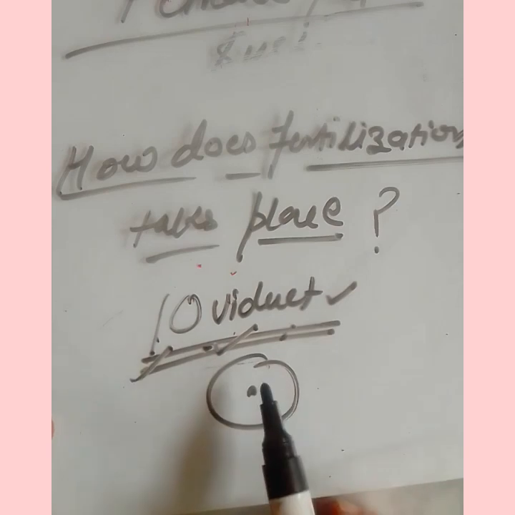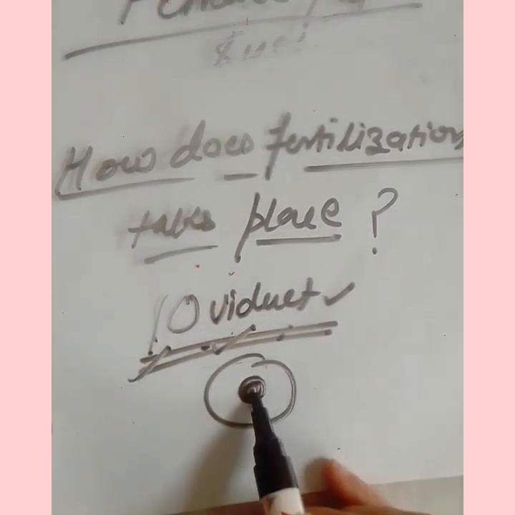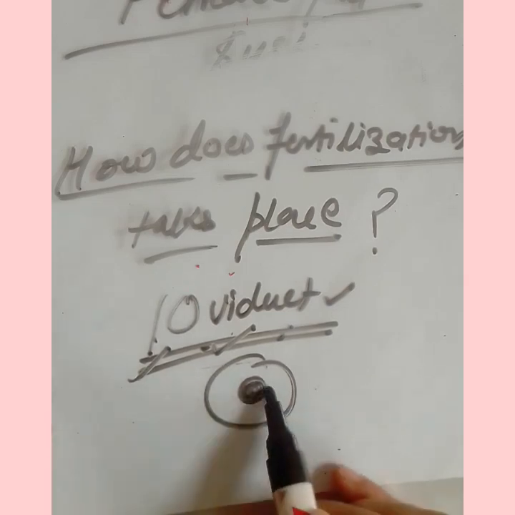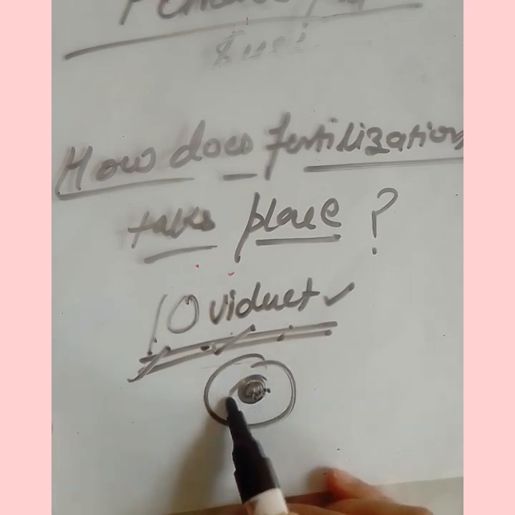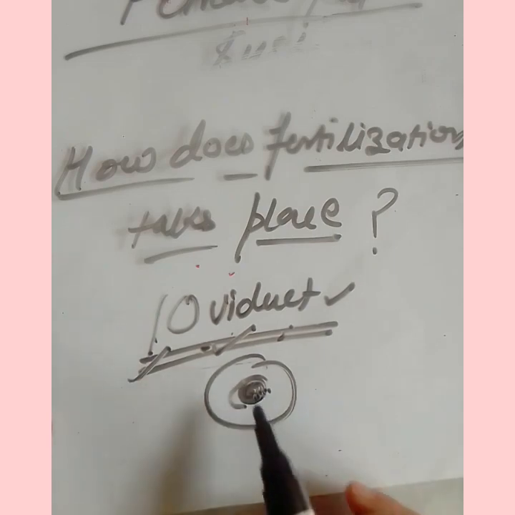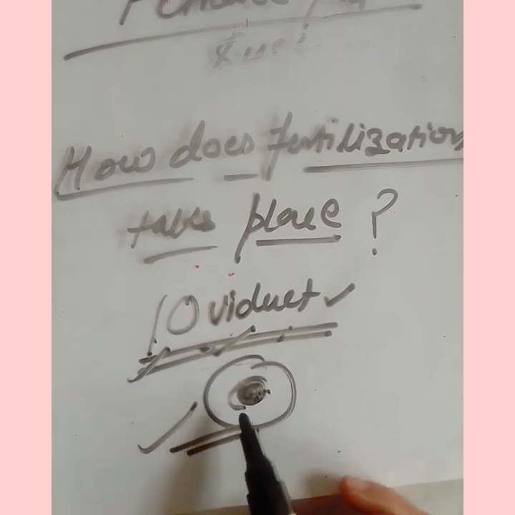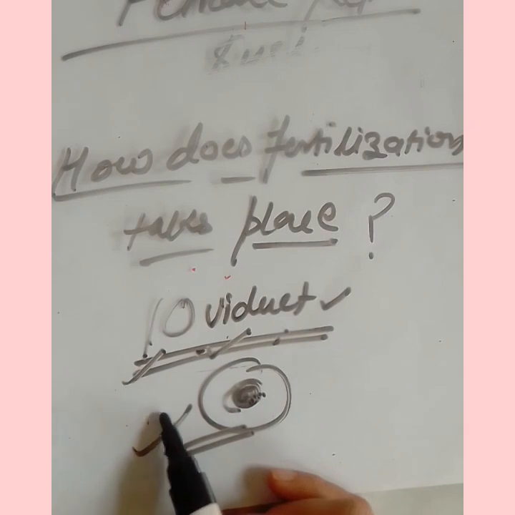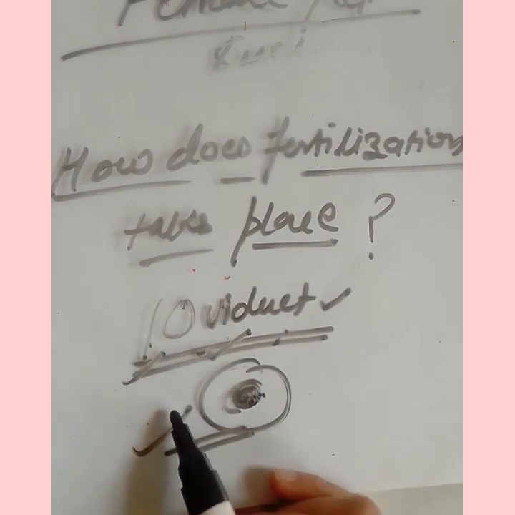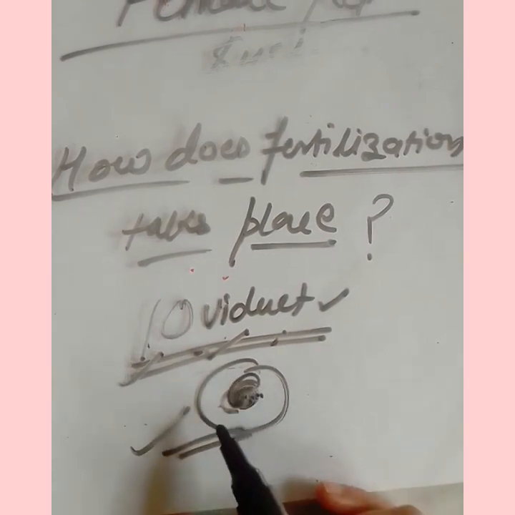Thus the zygote contains the nuclear part of the sperm and the nuclear part of the egg. So it means the zygote now has the characters of both the father as well as the mother. Similarly, you can observe siblings, the brothers and sisters, how they look similar. If we study the family tree, we will see the similarities. Why? Because of this mixing of the characters.